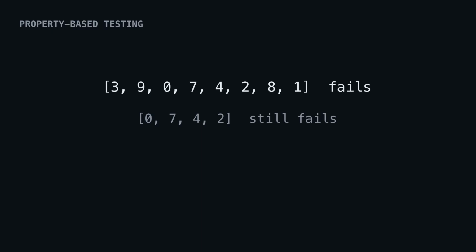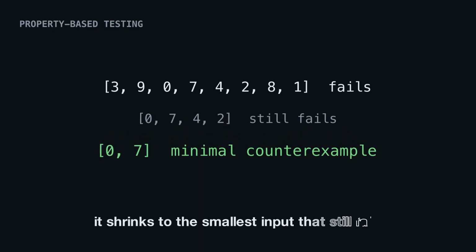Property-based testing flips that. Instead of examples, you describe a rule that must hold for all inputs. Then a library, fastcheck, generates 100 inputs per run, trying to break your rule. When it finds a breaking case, it shrinks it. It strips the input down to the smallest, simplest version that still fails. Think of it as a robot that rattles every door, and when one opens, hands you the shortest path to